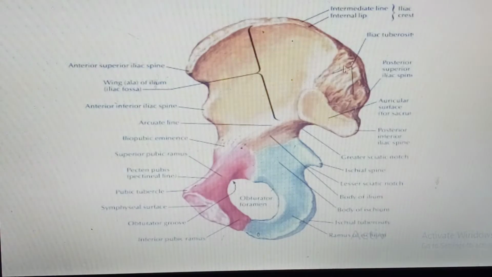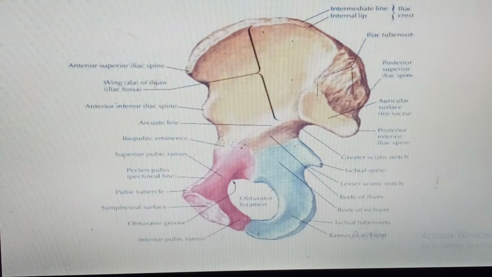Now, this is the inner surface of the pelvis, because on this one we are not seeing the gluteal lines. Okay, but on the ala of the ilium, you can see this large fossa, and this is what we call the iliac fossa, where, of course, the iliacus muscle will be taking attachment. So this is actually the inner lip that I was talking about, the intermediate zone, and the outer lip will be more towards the